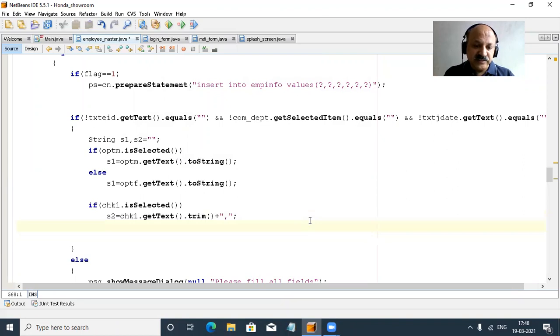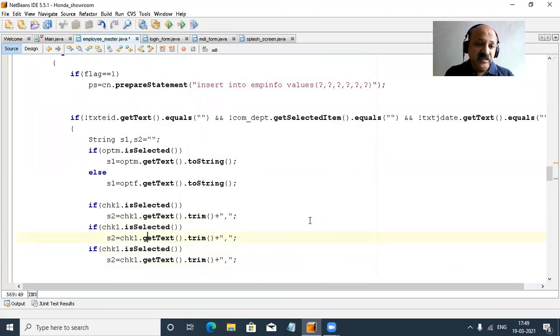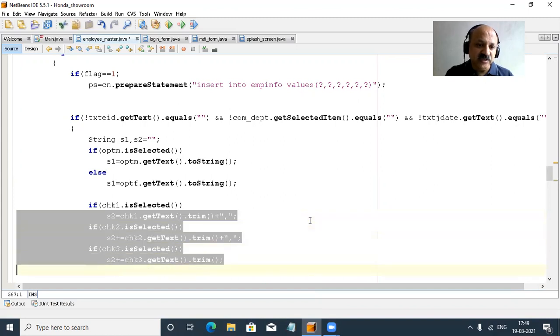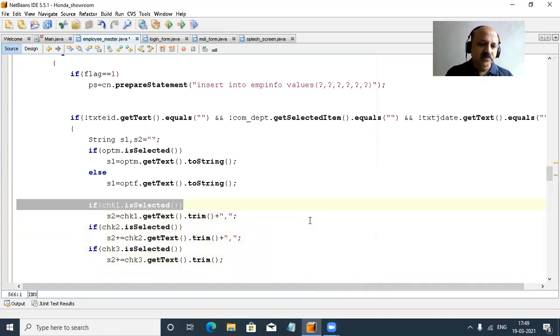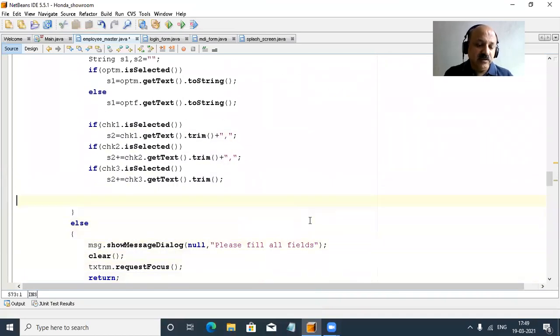And now I copy this if condition two times, because there are three checkboxes for hobby. So two, and here also two, and here also then three, and here three, and after the last one there is no requirement. And here that is S2 plus equal to, so you can know that is a compound assignment. That means S2 equals S2, then our next. And same here in the last, the first is not required because that is concatenation, yes, you have to understand. So I hope you can understand. So our two fields we have to take directly first in our start query.